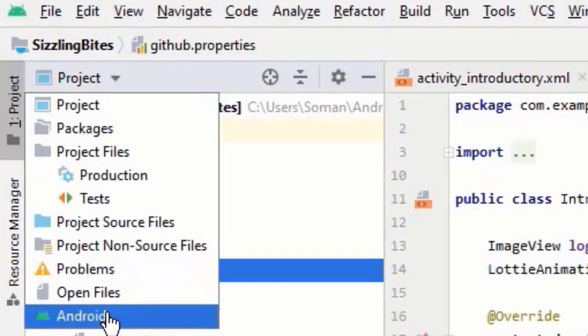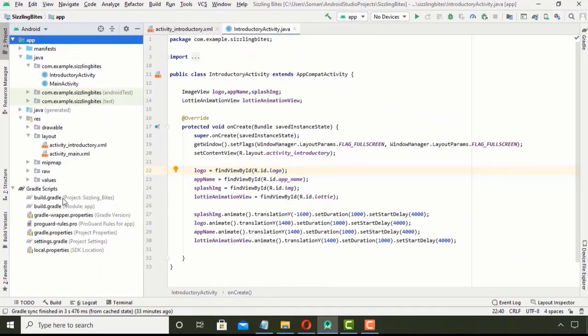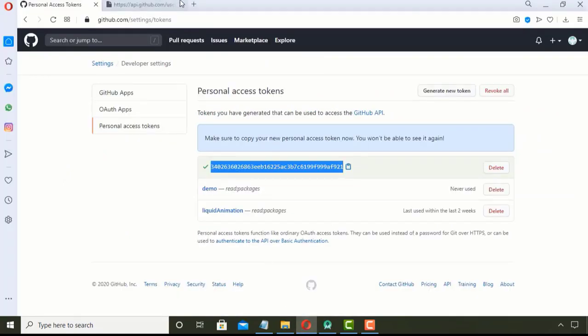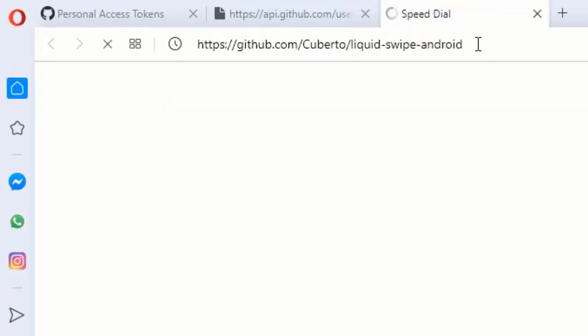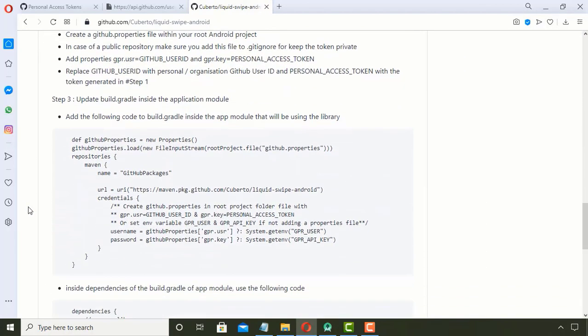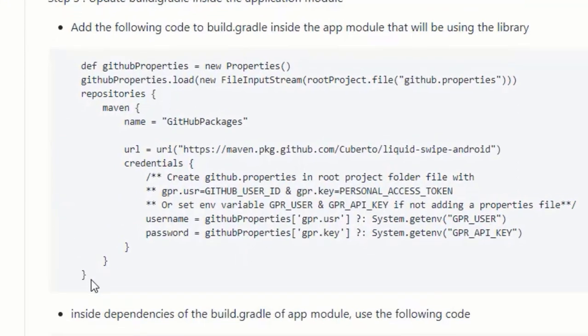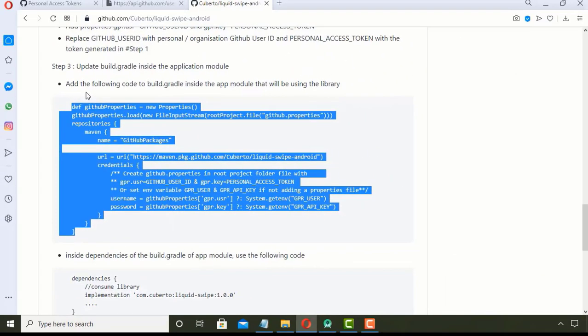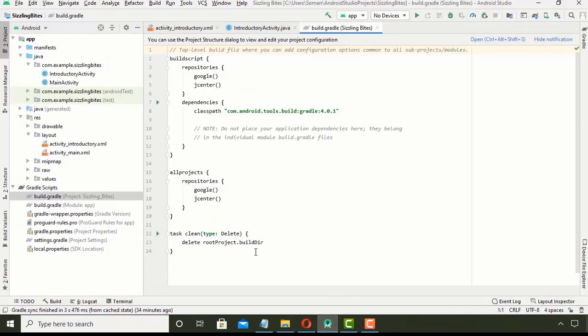Now click here and click Android. Go to the build.gradle project file, and we have to copy something from this link. Scroll down a little bit and copy this chunk of code and paste it here.